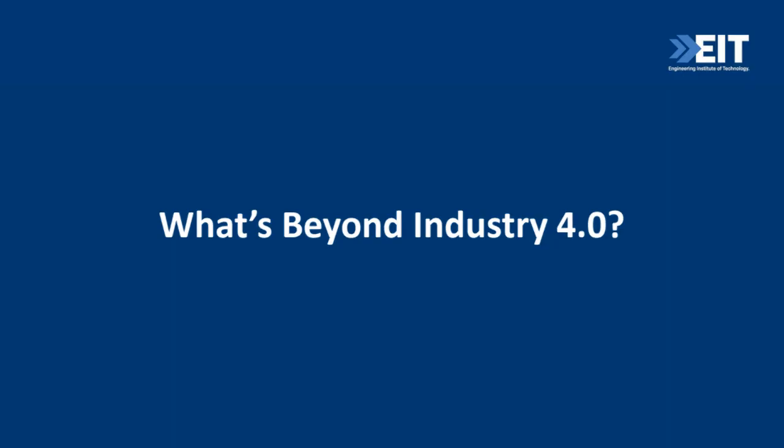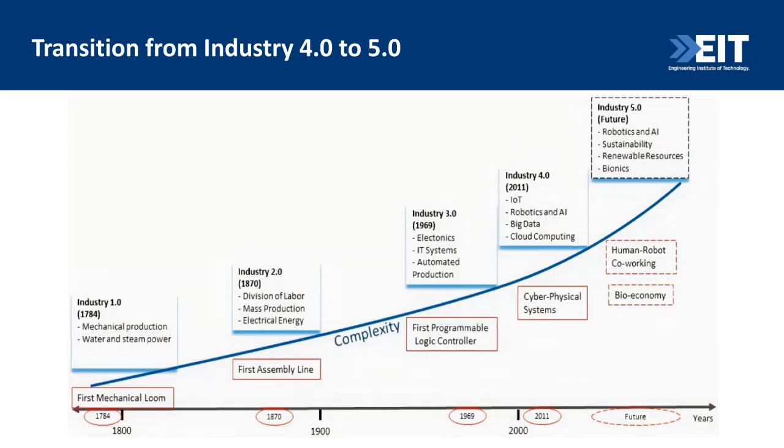Now, I'll just take 1 or 2 minutes to quickly explain what the future holds. Now that we have discussed Industry 4.0, where all devices are connected with each other, the next step is Industry 5.0, where the proposal for now is that you go beyond what Industry 4.0 has done, where the idea was removing humans from the operation floor and bringing in robots. But the idea is you will be bringing robots back to the operation floor where robots can work alongside humans. So that will be the idea for Industry 5.0.